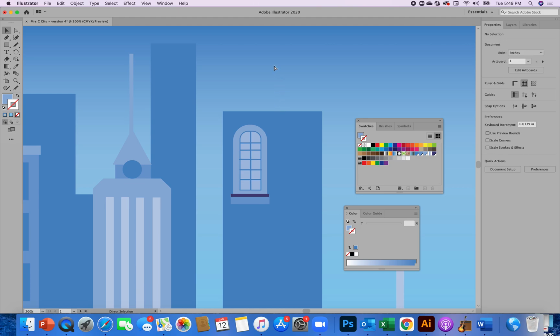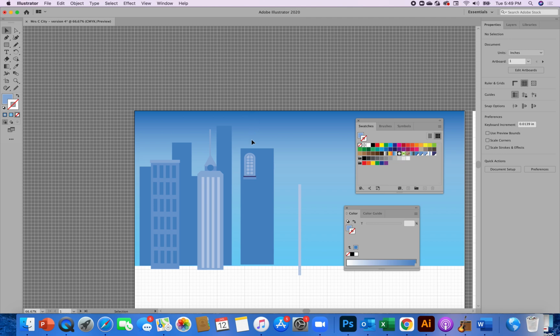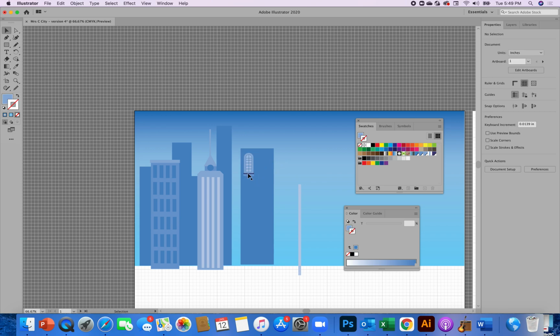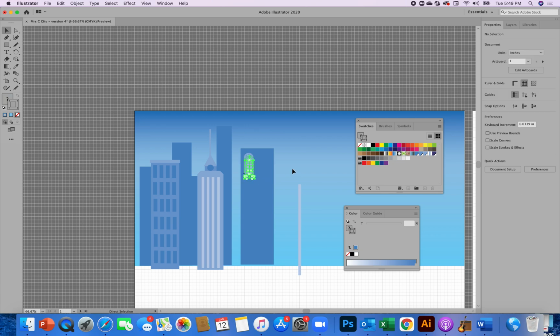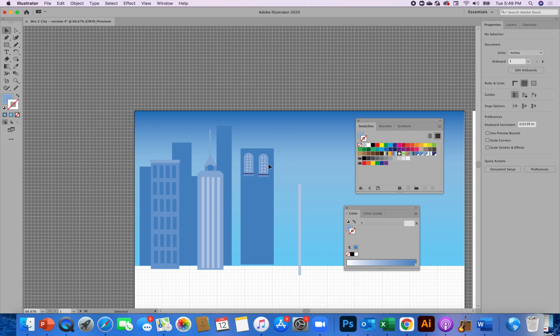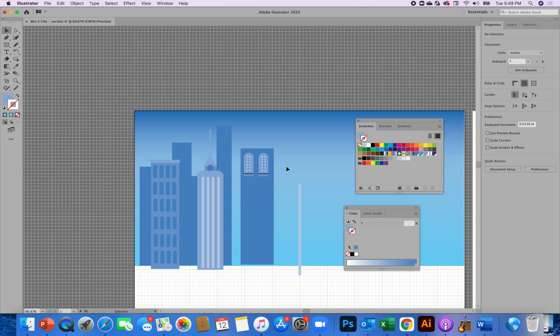All right, if I zoom out, I've got this window. Maybe I don't want it to be quite as big. I can reduce the size of it, make a copy of it, see what it looks like. Maybe I want to have this window right here. Yeah, it's okay. Yeah, I'm not saying I love that window, but